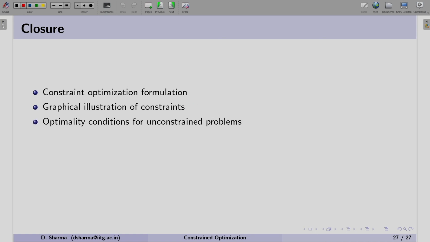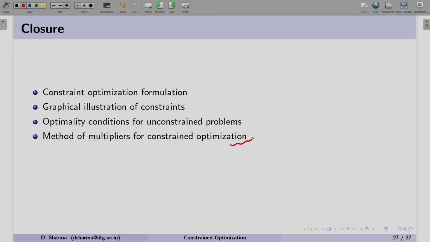Thereafter, we went through the optimality condition for the unconstrained problem. In the unconstrained problem, we are going to find a stationary point. So we have the necessary optimality condition and the sufficient optimality condition. Thereafter, for constrained optimization, we went through the method of multipliers. This method of multipliers will help us find various conditions, by finding the gradient of the Lagrangian function.